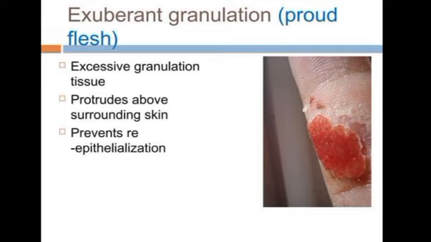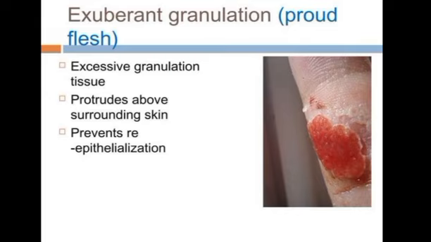The last one is exaggerated contraction. It means excessive wound contraction due to overactivity of the myofibroblasts. This excess myofibroblast activity leads to excess wound contraction, so tissue gets deformed and movements are restricted. Example: contracture. Permanent tightening of the skin, muscles and joints is caused by excessive scar contraction. It is common in severe burns and large wounds. So with a burn or large wound, there is excess contraction, skin tightening, and restricted joint movements.